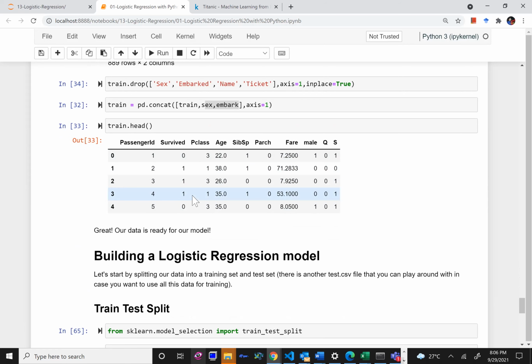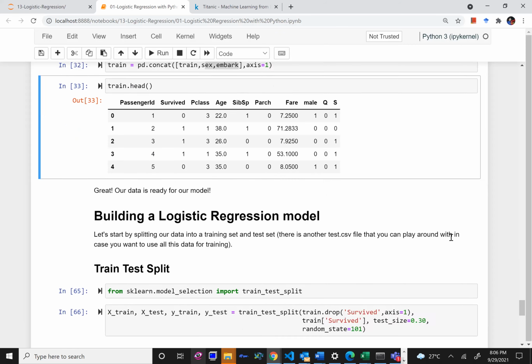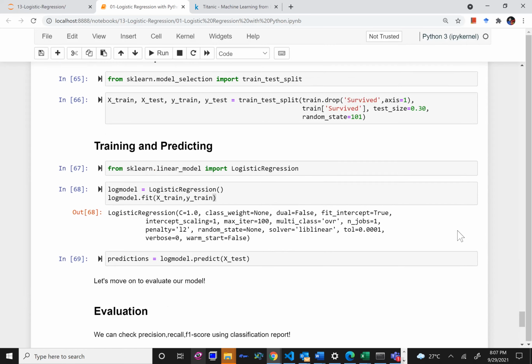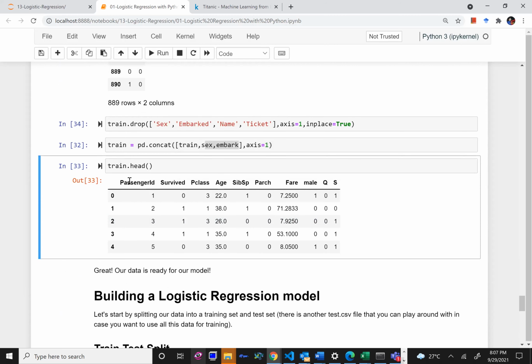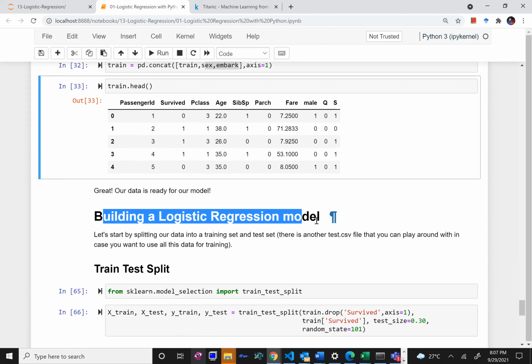So now my data frame is in a perfect form for a machine learning algorithm to start learning from it, right? Up till here we have done only data exploration, data cleaning, data processing, and data visualization. Within just the next 2-3 lines of code, we will do the complete machine learning implementation of logistic regression. Since my data is in a perfect form to be applied to a machine learning model, now I can start with building a logistic regression model, right?